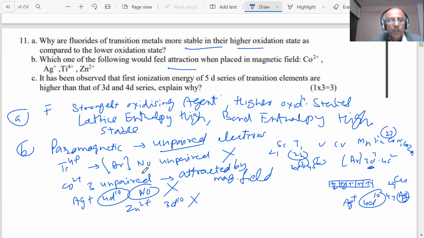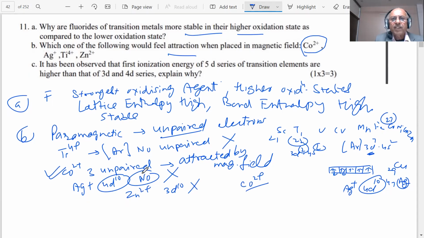So no unpaired electron. Then which is being attracted here? You are clear. This is cobalt 2 plus. So cobalt 2 plus is the answer. It has unpaired electrons. It has been observed that the first ionization energy of 5d series of elements is higher than 3d and 4d. You have studied, when we talk of 5d, there is an intervening